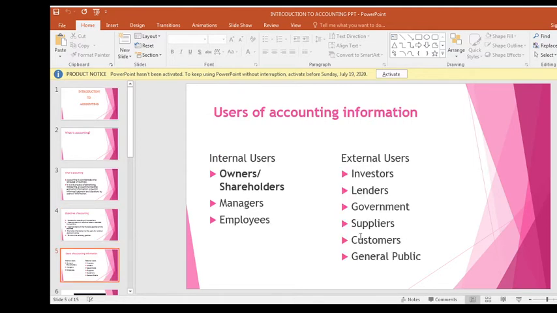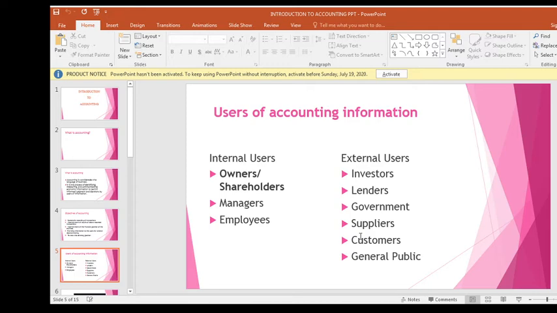Another area that we need to understand in accounting is to know who are the users of accounting information. The users of accounting information have broadly been classified into two. We have those users we refer to as the internal users, and we have those users we refer to as the external users. The internal users are those people who are within the organization and they need the accounting information about